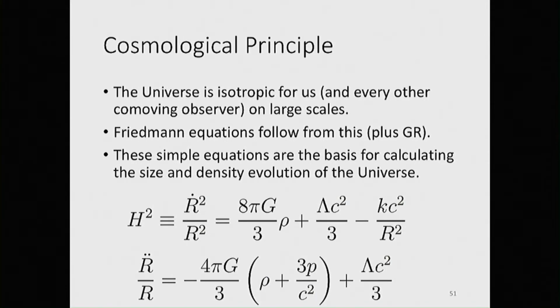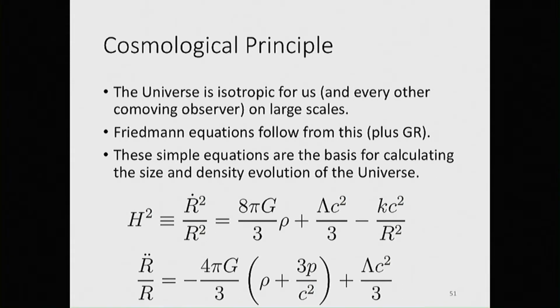Okay, so let's move to some other test that we did recently with a cluster sample. And for that, let's take one step back. So that's the other slide with an equation on it. So what's one of the primary foundations of cosmology is the cosmological principle, which states that for us, the universe looks isotropic, which means that in every direction it should look the same, at least at large scales. In principle, that should also hold true for every other co-moving observer, but it should definitely also hold true for us. And with that assumption, plus general relativity, the Friedmann equations follow, and these are these two very simple equations,